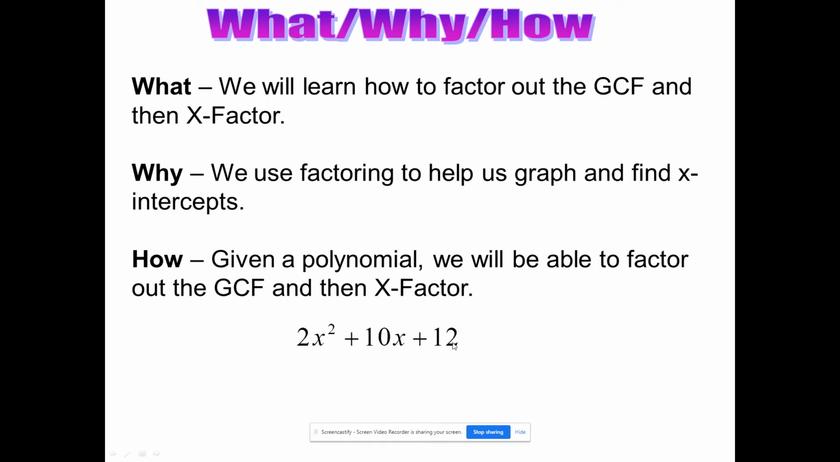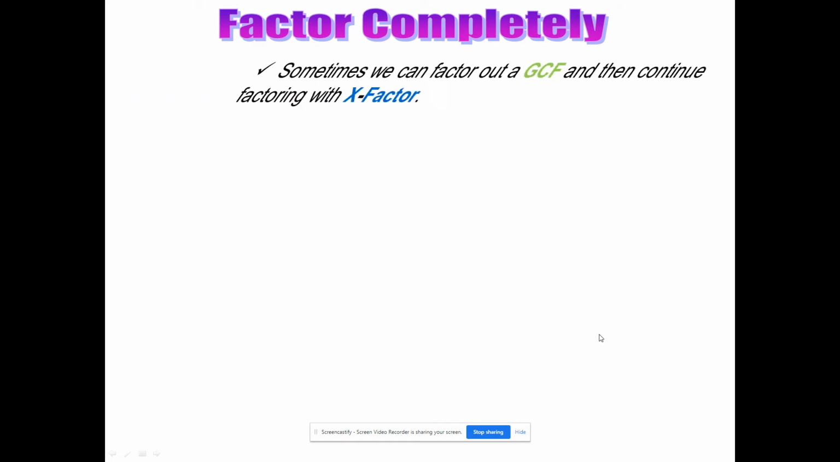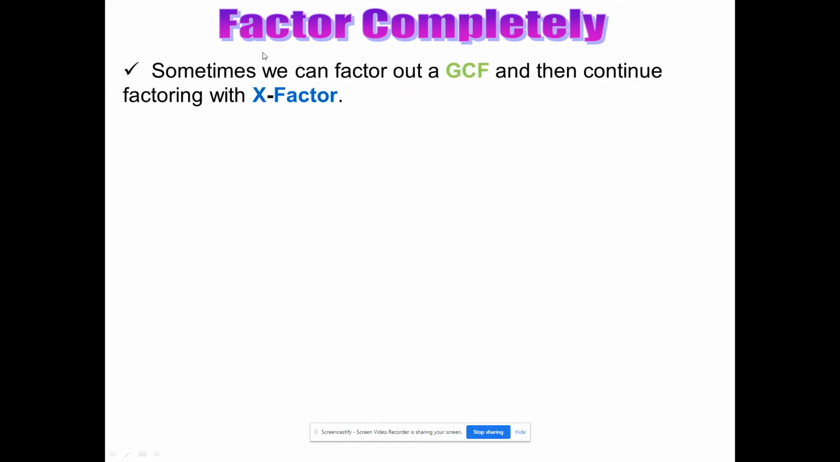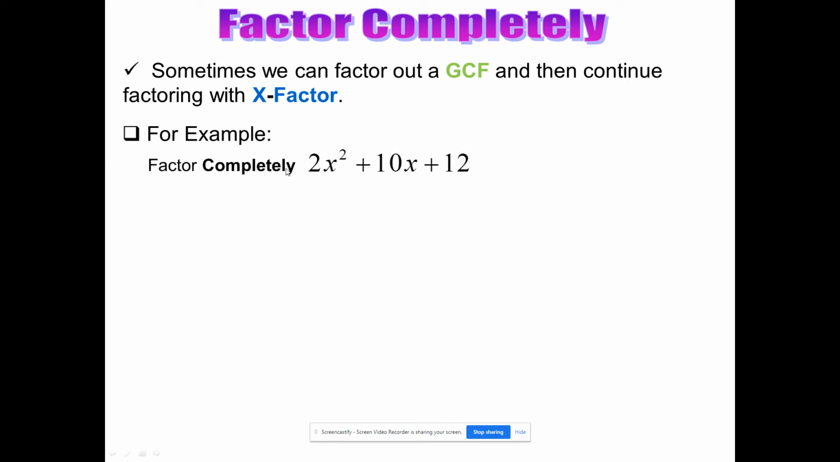Okay, so we know it's a quadratic. And as you can see, there is a GCF between all three terms. Okay, but let's get to it now. Okay, so sometimes we can factor out a GCF, and then once we're done with that, we can continue factoring with X factor. Okay, so here's what I'm talking about. So notice here it says factor completely. So we have this quadratic, okay, and if you see the phrase factor completely, well, look at